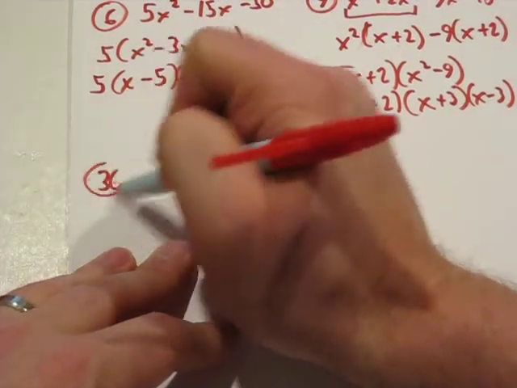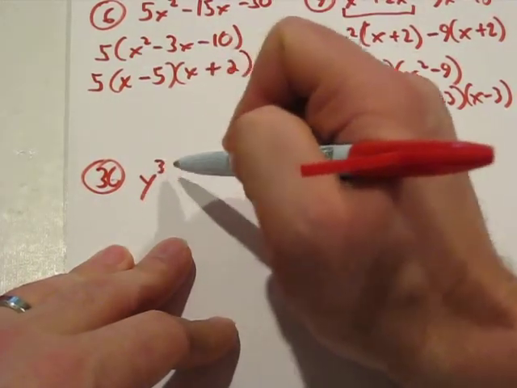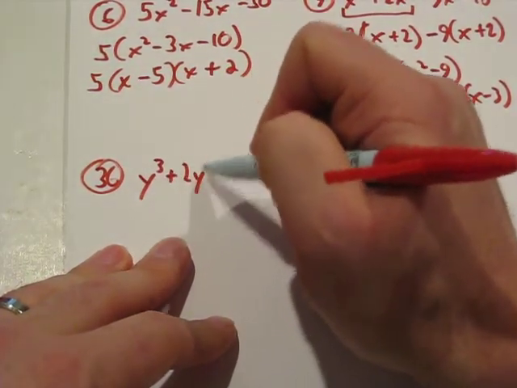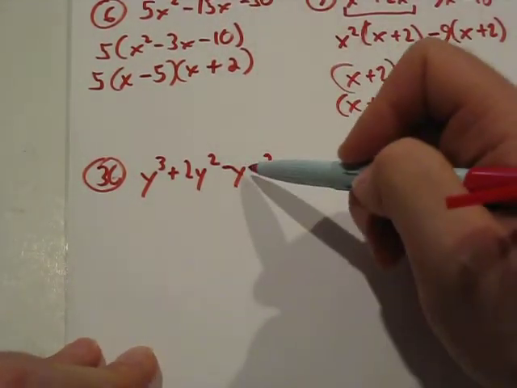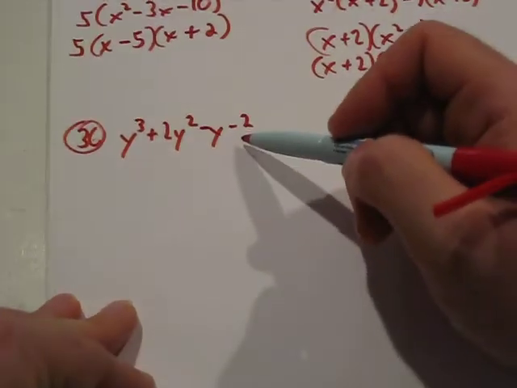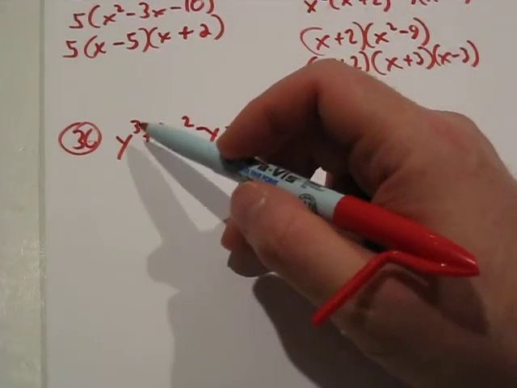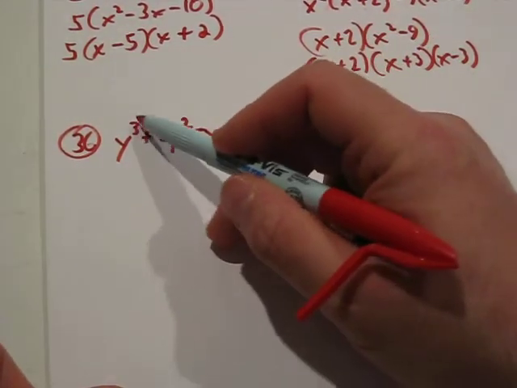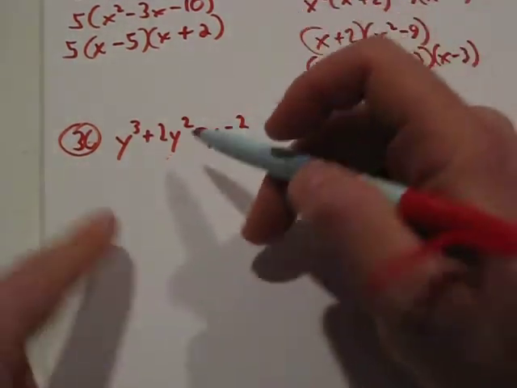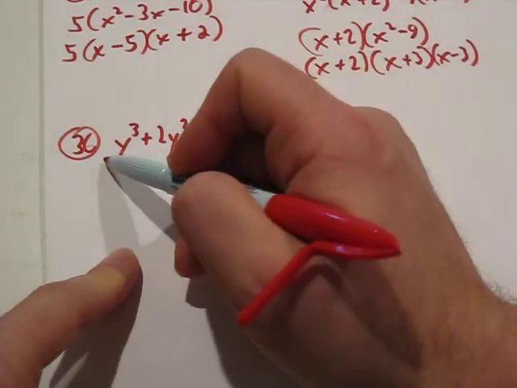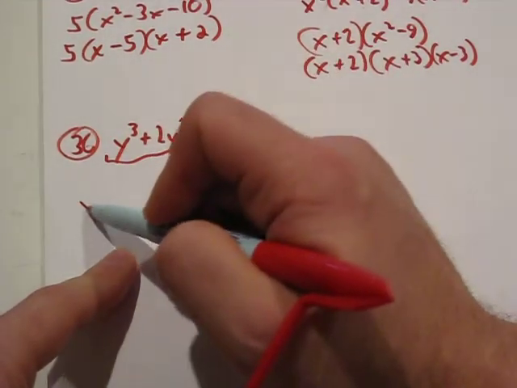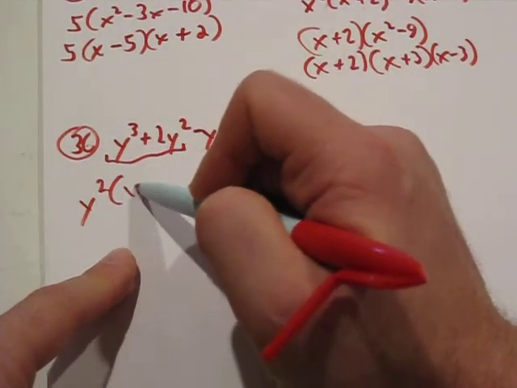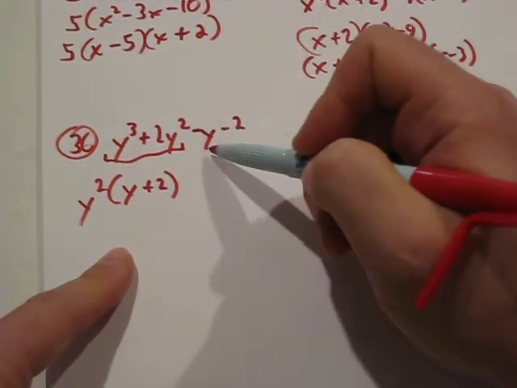So here's 36. Y cubed plus 2y squared minus y minus 2. All right, so this is a polynomial with 4 terms in it, not degree 4, that's technically degree 3. What we'll do is use the same technique as before. What can factor out of the first 2 terms, which in this case is y squared, so this will be y plus 2. And now here's something interesting.